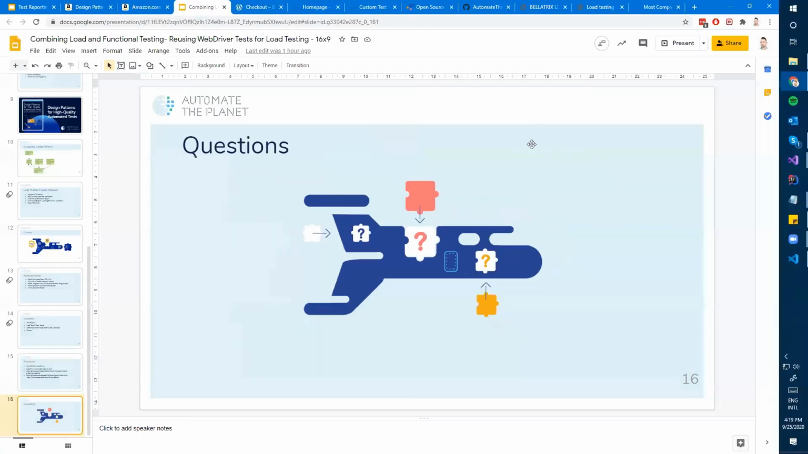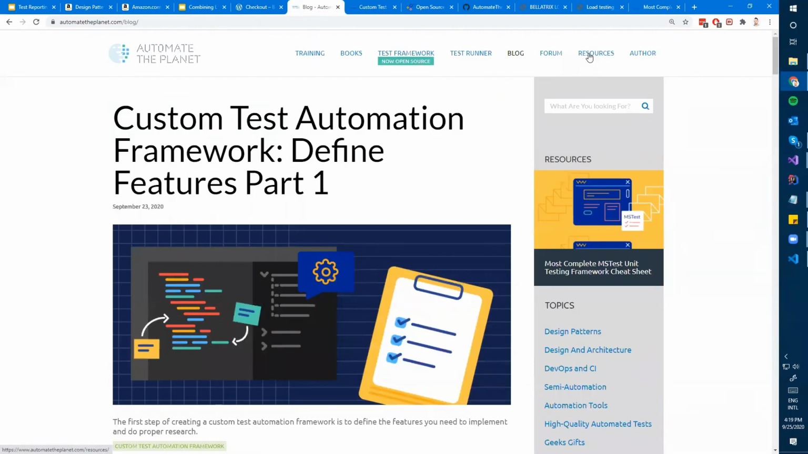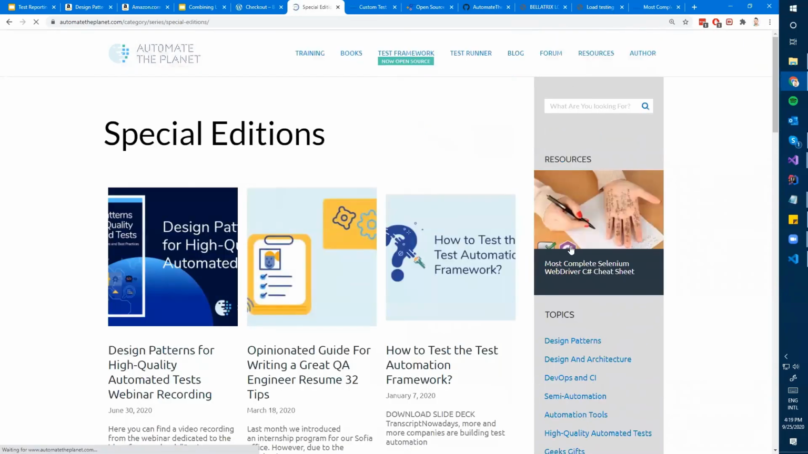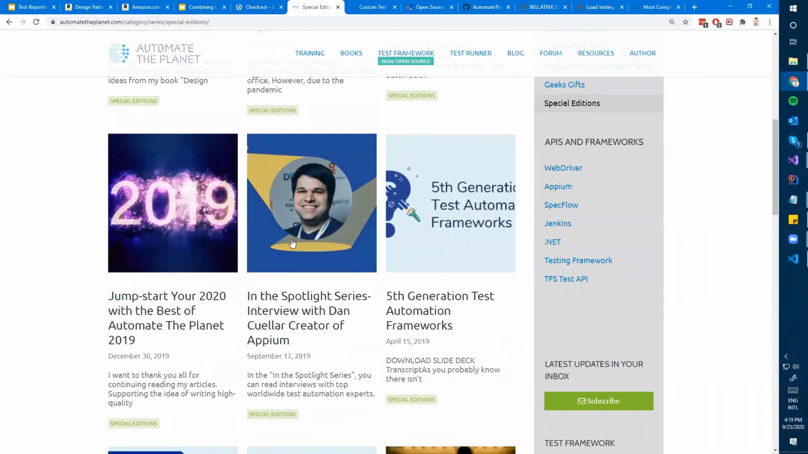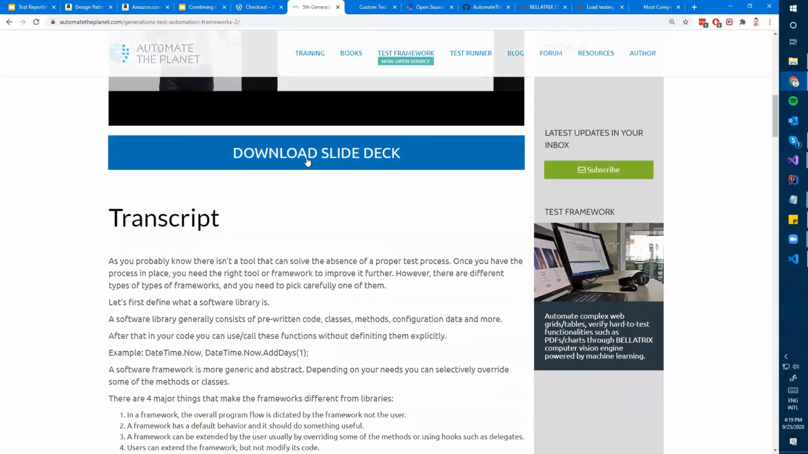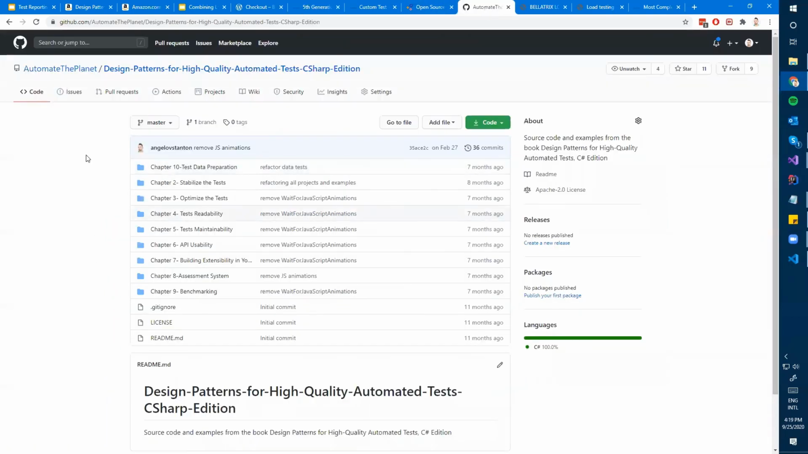I usually upload this kind of lectures to this section here. If you go to the blog, you have it here in resources, and then in special editions. When I do talks, I usually upload the presentations and the videos here when they are available, and you can download the slide deck, and usually I provide the source code. But again, even right now, you can just go to my GitHub repo, Automate The Planet, and download